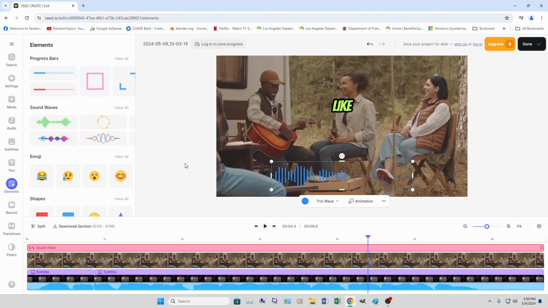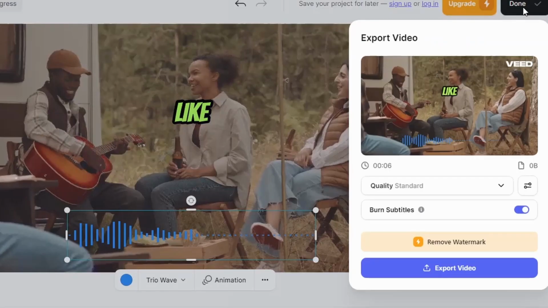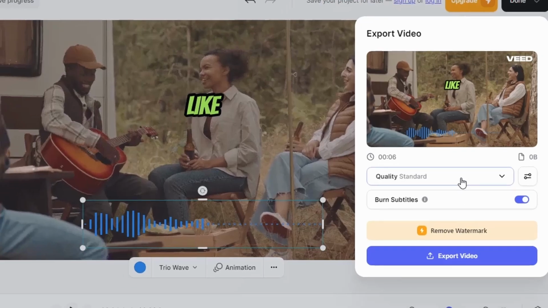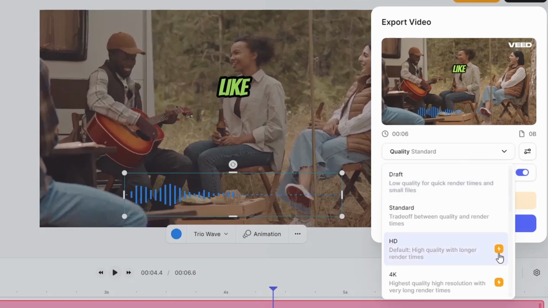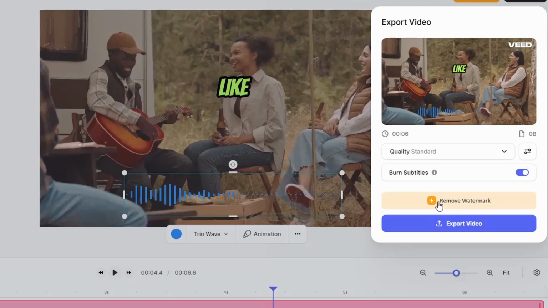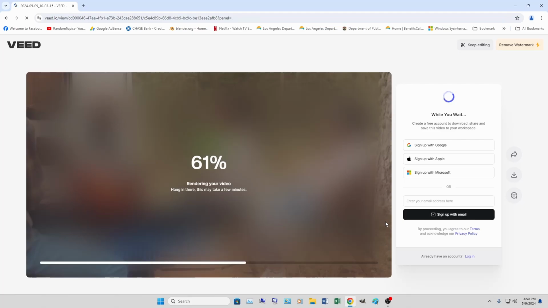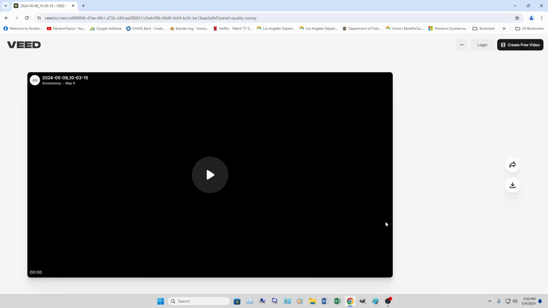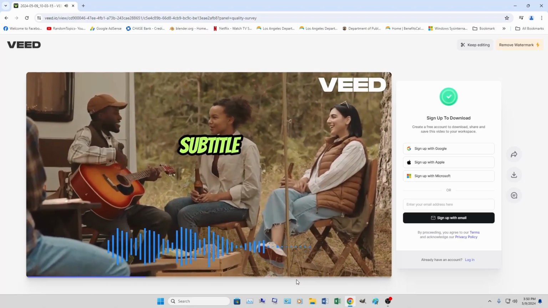I'm done. So let's export this out. Go to done. And then go down to standard or higher quality. This is the paid version, obviously. So my free version, I just go standard. And if you want to remove the watermark, that's gonna cost you. So if not, click on export video. Here we go. You start exporting it. You check the final result. Here's the final result. How to make trendy subtitle like